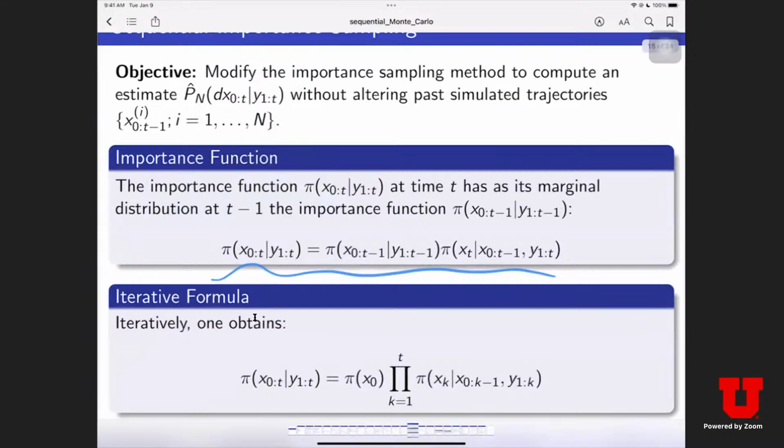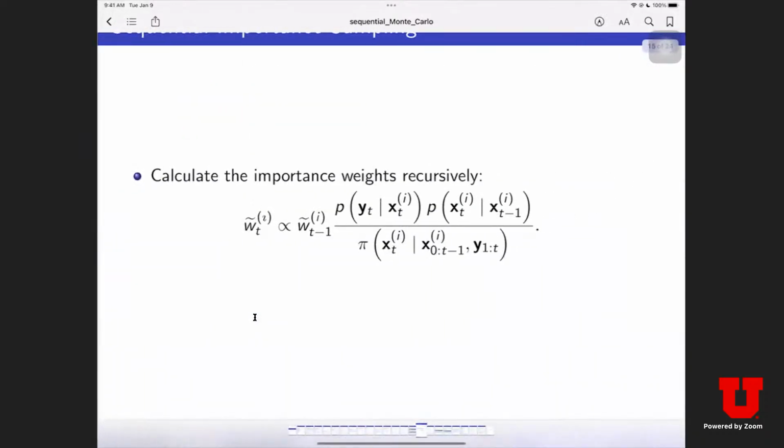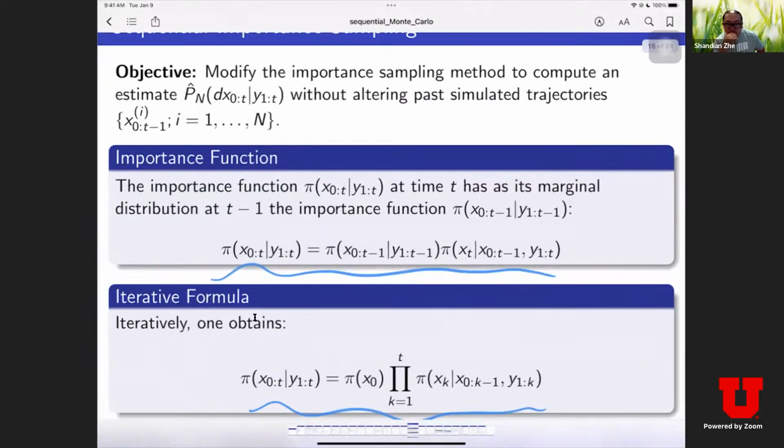We will get these functions. And now I want to show how we can get this property. Since pi of x_0 to t given y_1 to t can be decomposed as pi of x_0 to t minus 1 given y_1 to t minus 1,